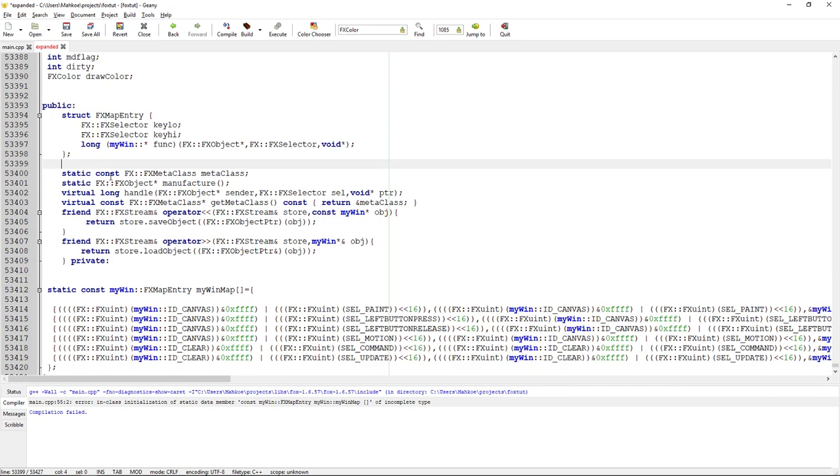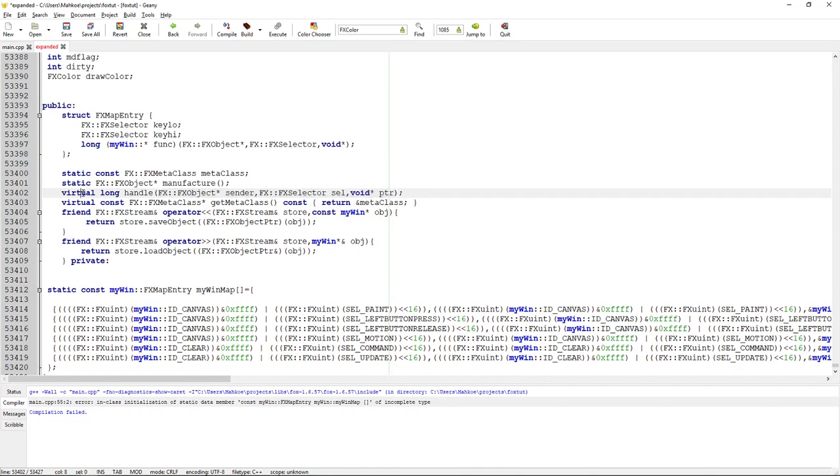Then it declares a bunch of stuff. I really have no idea what this is all for. Oh, here we go, handle. Here, look at this. I think that this handle function,